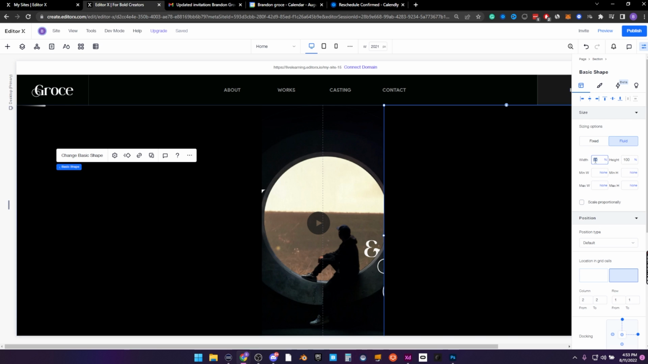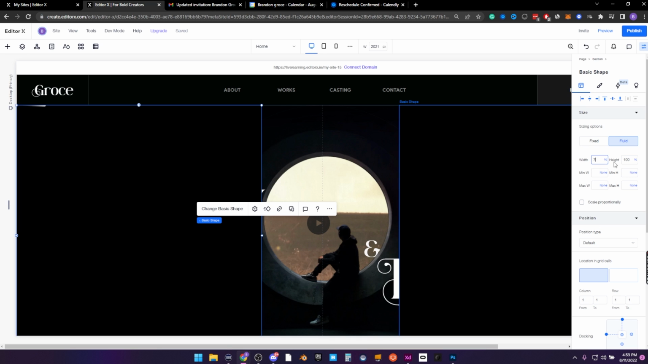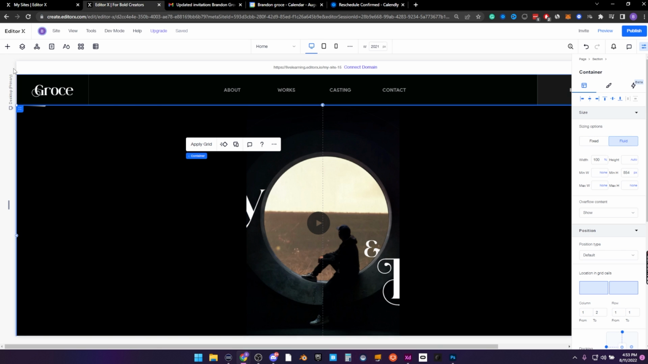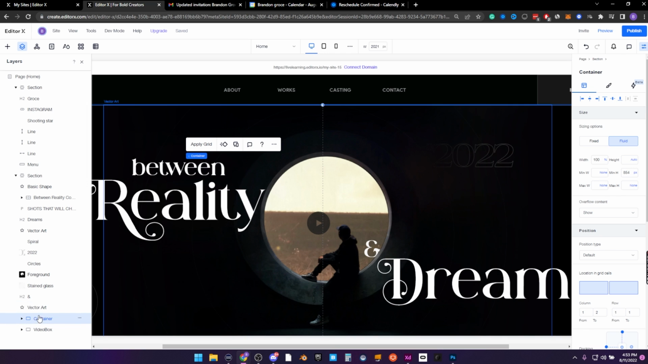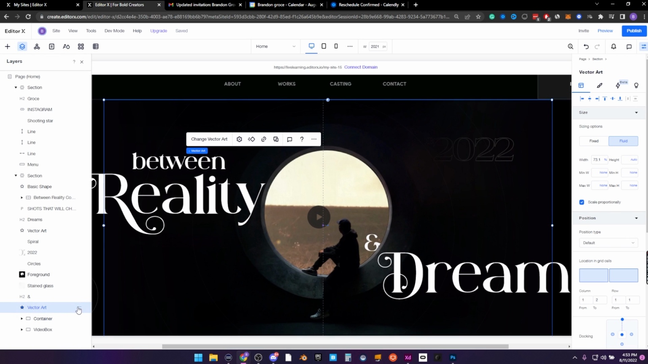Let's do a width of maybe 75. There we go, so it's not overlapping. We'll do the same thing here, 75%. And we're gonna take these 2 pieces, we're gonna place in a container, and we're gonna pull these right behind our vector art here. Now, one of the things I do want to do is let me see what happens